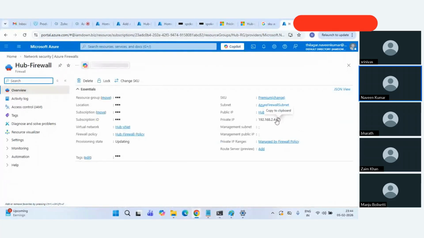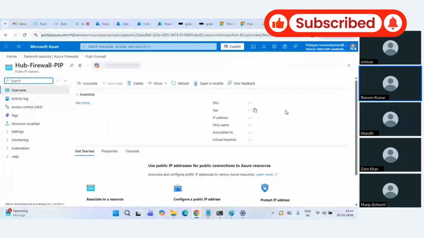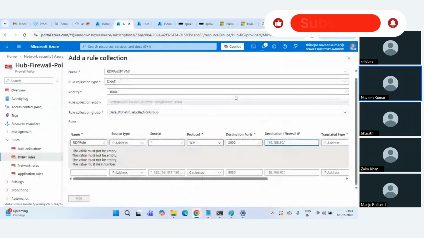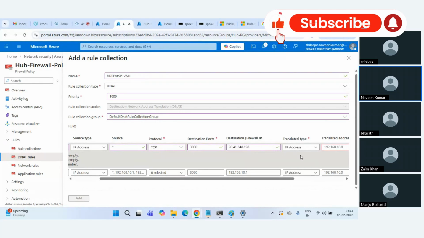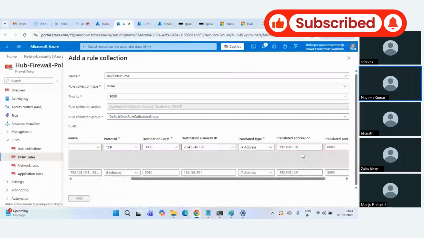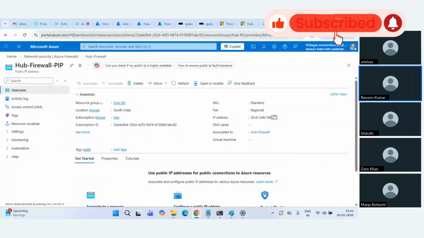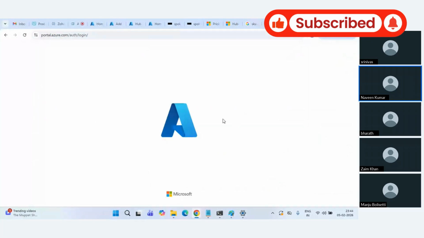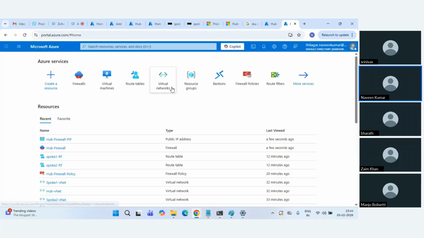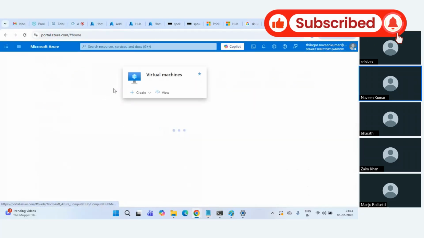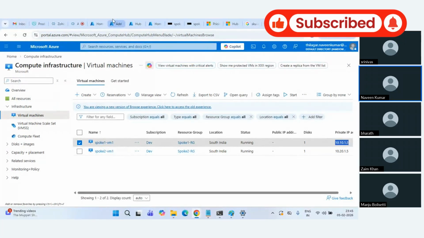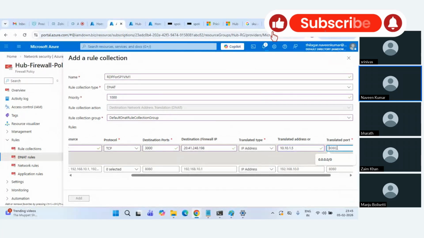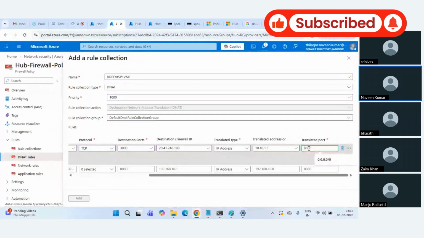Okay. Let me take this public IP and I'll copy this, go to this rule. If I'm getting a request of this sort, then translate it to here. I'll be giving the private IP of my VM. Okay, it could be spoke 1 or spoke 2. Since we have the virtual networks which are paired, I can just give that. Now I'll copy this spoke 1 IP and I'll put it here. This has to be translated to port